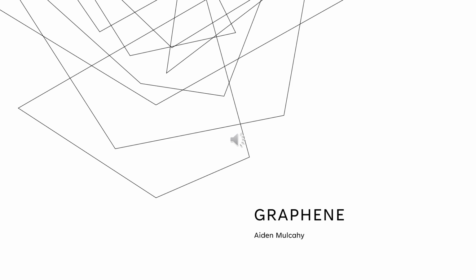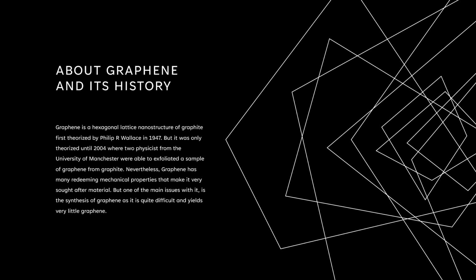For my project, I chose the material of graphene, and here's a little bit about it and its history. Graphene is a hexagonal lattice nanostructure of graphite, and it was first theorized in 1947 by Philip R. Wallace, but it was only theory up until 2004, where at the University of Manchester, two physicists were able to